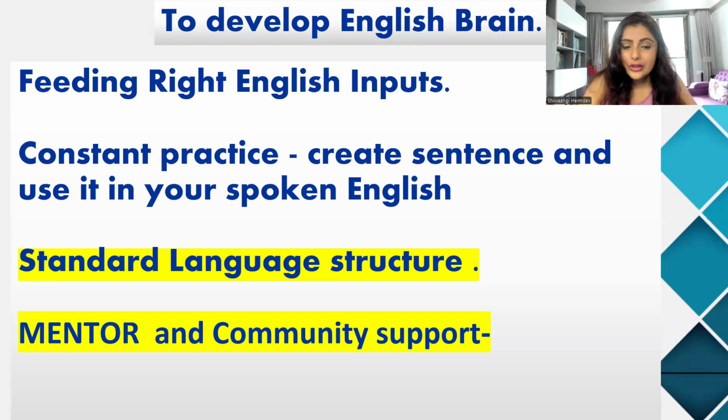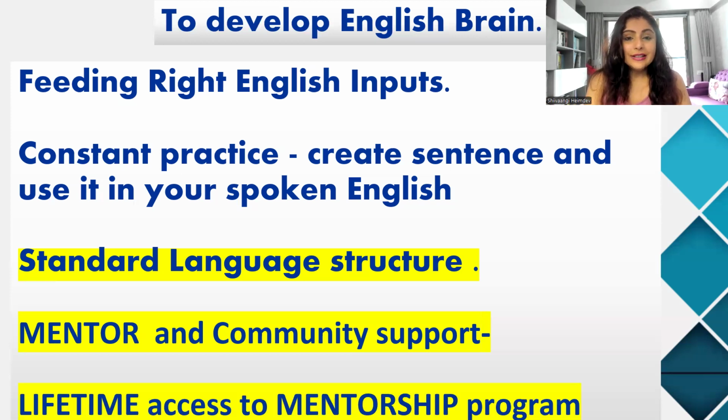Okay, now to do all this correctly, it is important and imperative that you have a mentor. And hence I've highlighted that in yellow. Have a mentor, hire a mentor for yourself, become a part of a community, and make sure that that community has 24/7 support, wherein you can practice in that community, you can post sentences in that community, you can talk in that community. Okay, so if you do all this correctly, with the help of the mentor, with the help of community support, trust me, no one can stop you from becoming fluent in English, from being excellent at English skills.